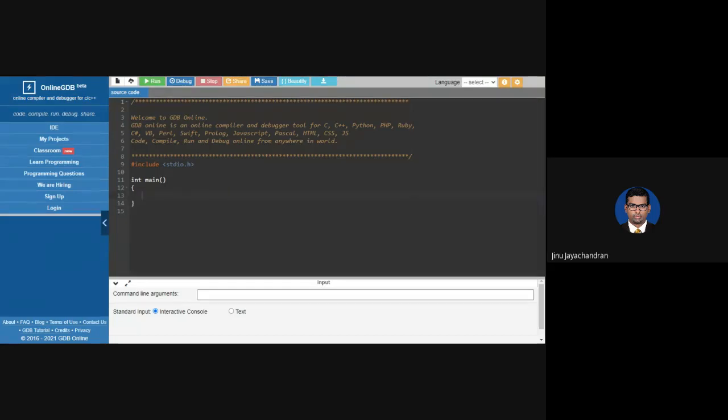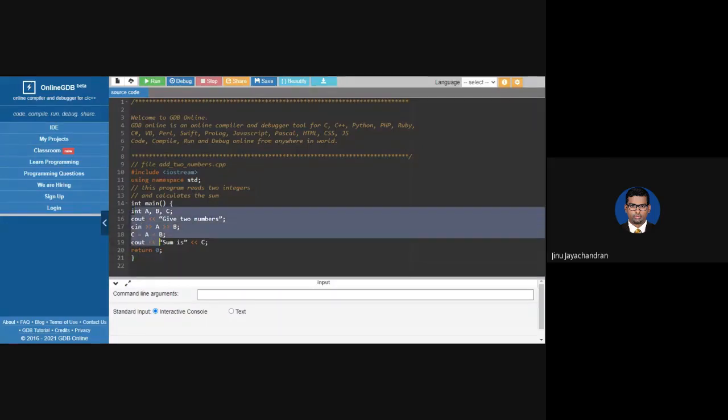Okay, so let me just copy paste my program. I don't know whether I'll be able to do copy pasting. Let me see. Yeah. So this is the program that I have copy pasted. Okay. So just give me an indent.